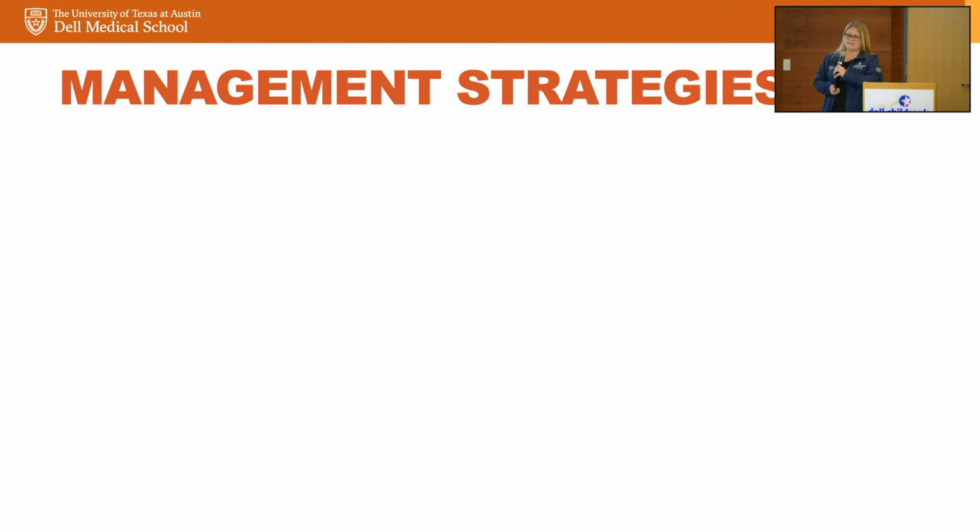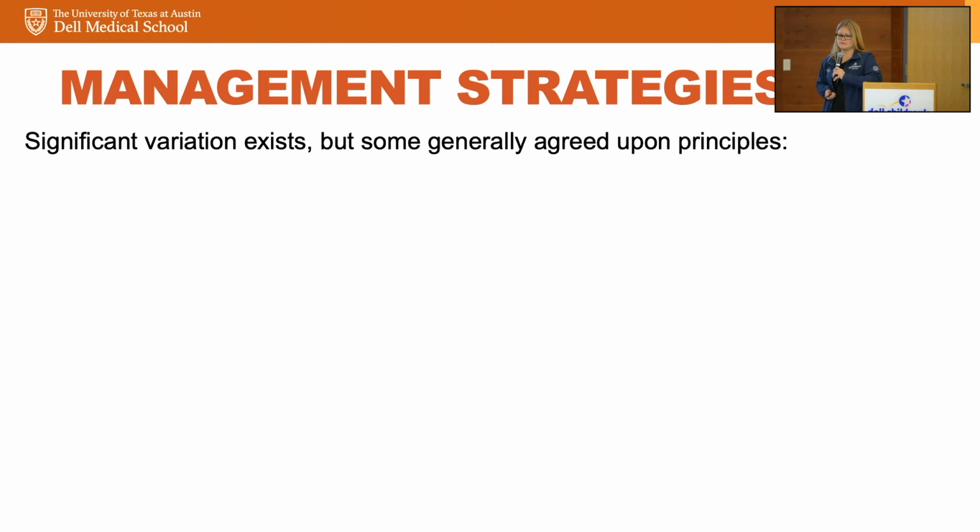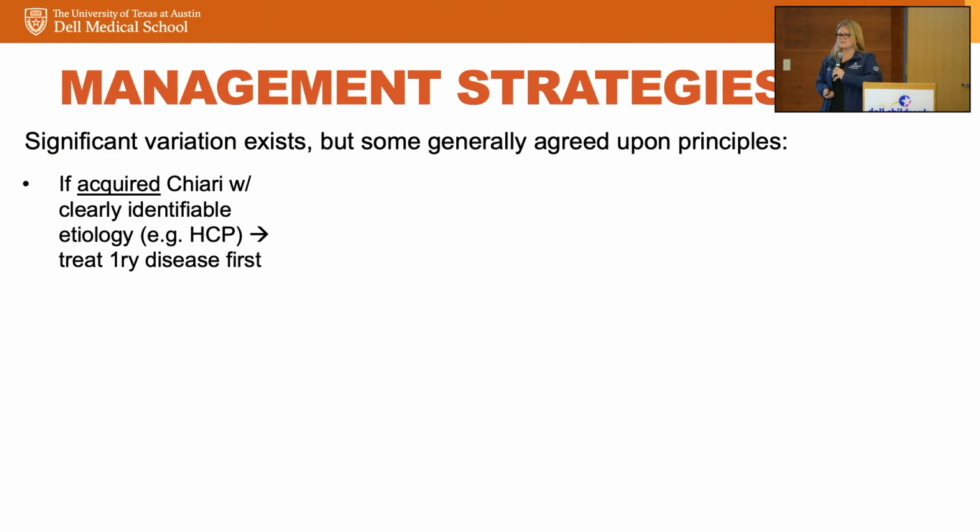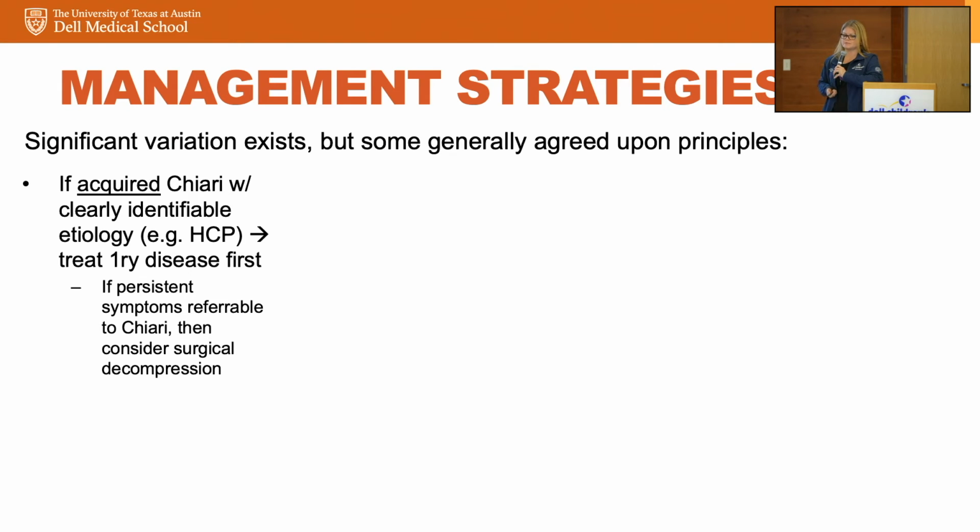So these strategies I keep talking about, you can imagine that there's significant variation. You ask a group of 10 surgeons and you're going to get 10 different answers of how to do this. But I think that there's some generally agreed upon principles, primarily if this is an acquired Chiari with a clearly identifiable etiology, you want to treat that first, right? If months later you have symptoms that persist and they're referable to the Chiari, then you may consider surgical decompression, but all in the knowing that if symptoms are not classic, you may not necessarily have an improvement in certain